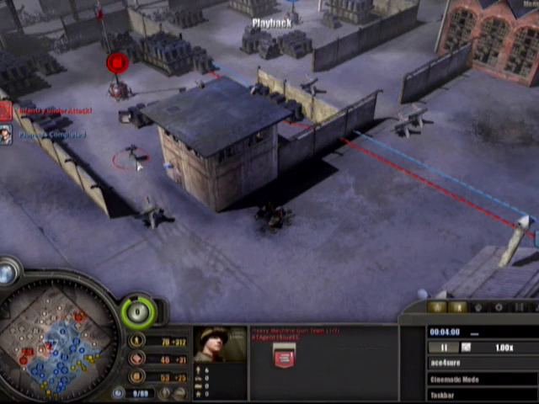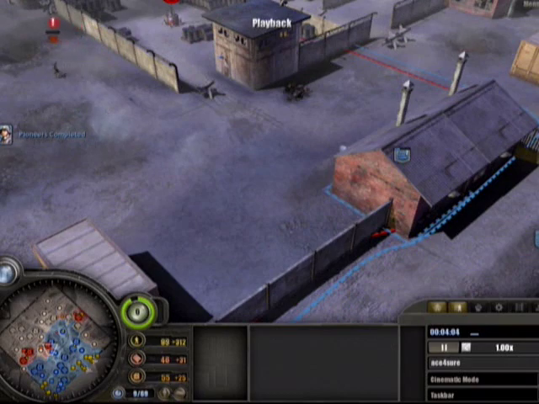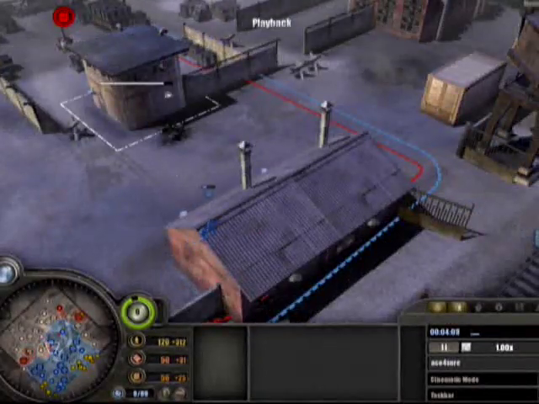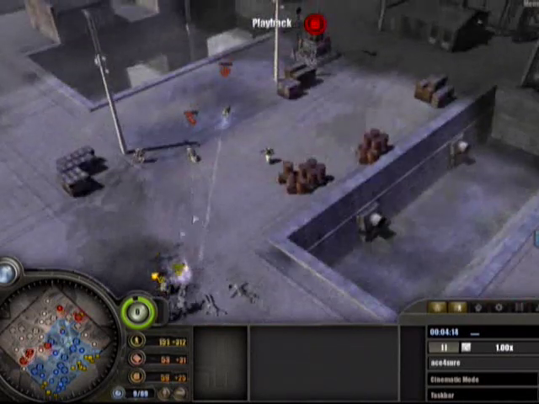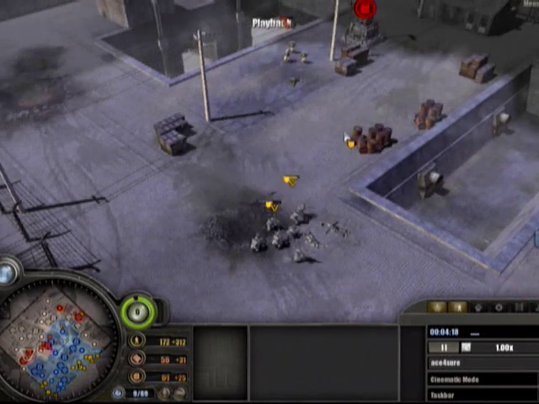Oh, he gets out of the building with a minuscule amount of health left, but is he going to be killed? No. Wow, very, very close there. But the Axis do now have a chance to push forward a little bit. We have some sniper MG versus Volks on the left side. Ooh, and the sniper got...